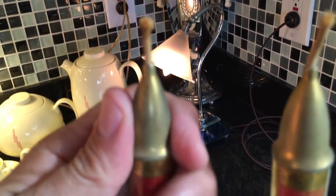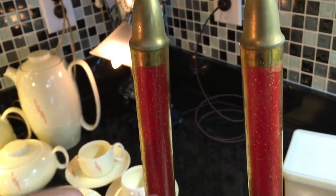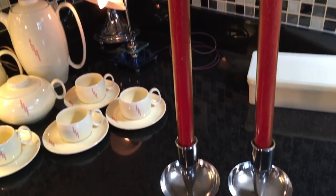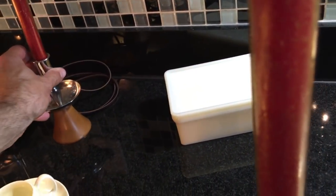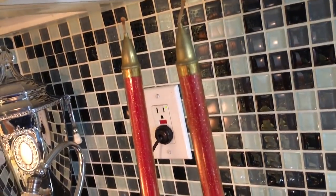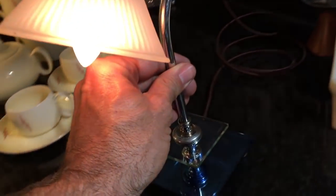And then up top, I won't pull this off, but you can pull these off, and there's a long tube on the inside. The wick goes all the way down, and you pour the oil in there, and then you light these. So they're waxless candles. Mid-century, 1950s, 60s, oil-burning Christmas candles. Those are really cool. I'm going to do some more research to find out who made them and what they might be worth, but I'm not going to let those go for cheap because the design is great and I've never seen them before. Last thing I want to show you is a fantastic Art Deco lamp that I picked up